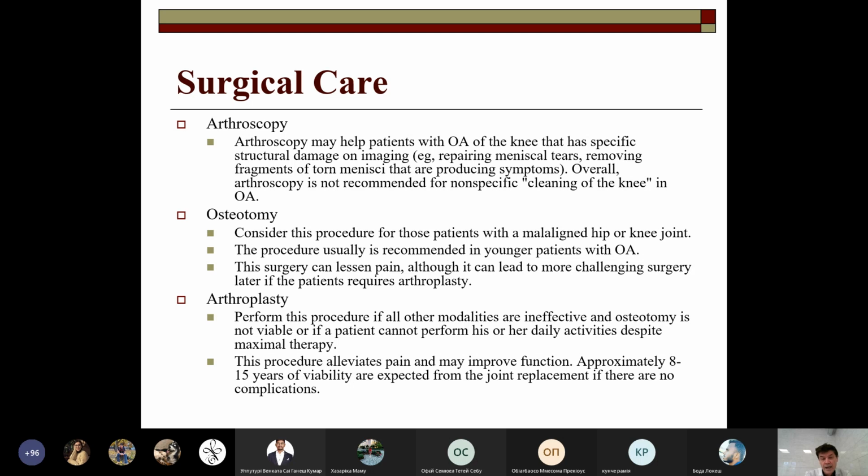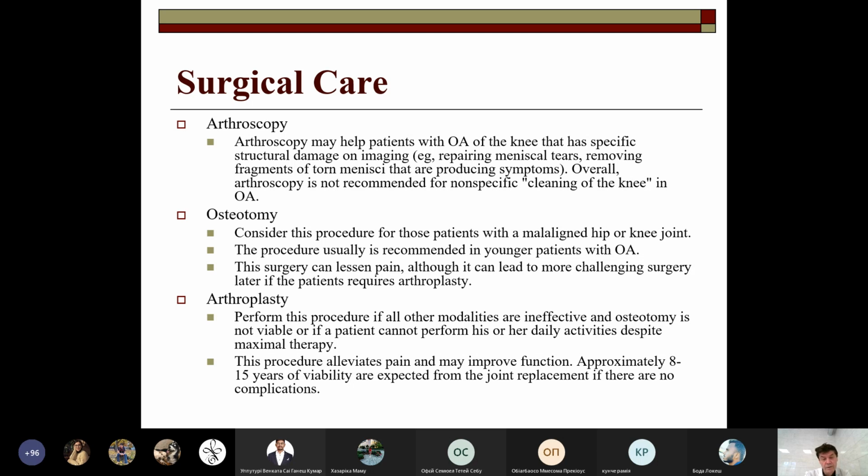And frequently cleaning of the knee is associated with the occurrence of debris, the so-called joint mice, and the debris in the narrowing joint space. So arthroscopy can help clear it out completely. So osteotomy: consider this procedure for those patients who have enlargement of the knee joints, and arthroplasty